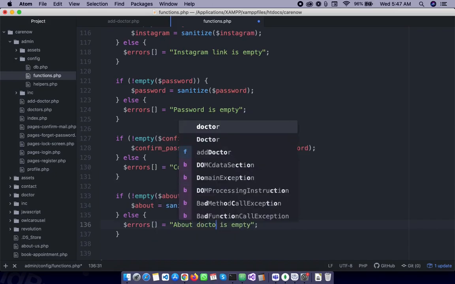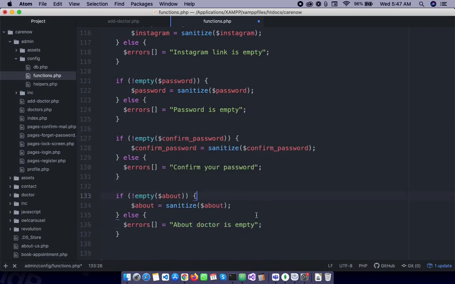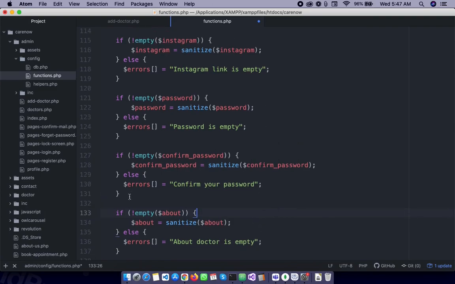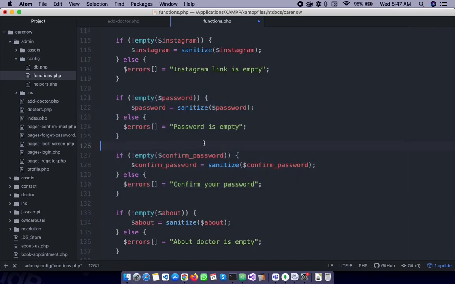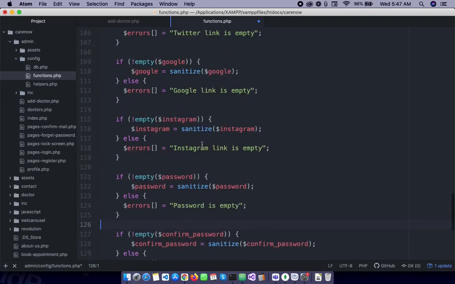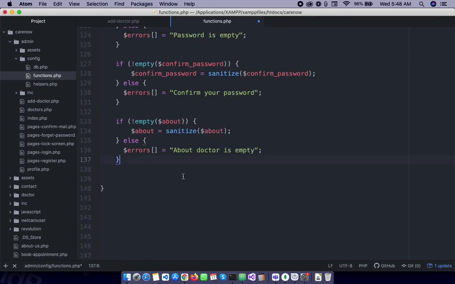About doctor is empty. So we need to check if this confirm password and password matches, right? So if it matches, then we now encrypt the password and save it to the database. If it does not match, we send a message back to the user saying the password does not match. Okay, so we can achieve that by saying if